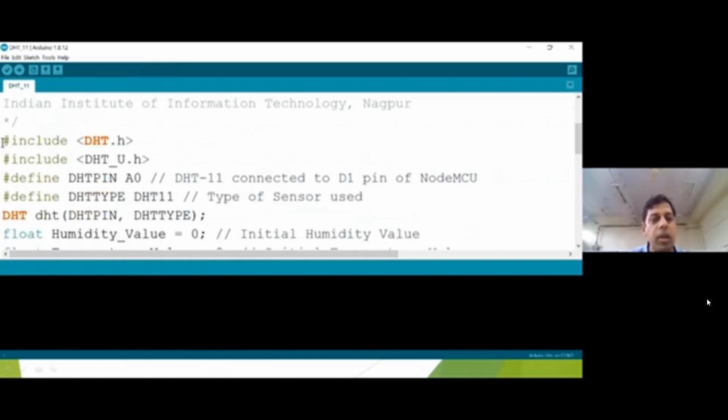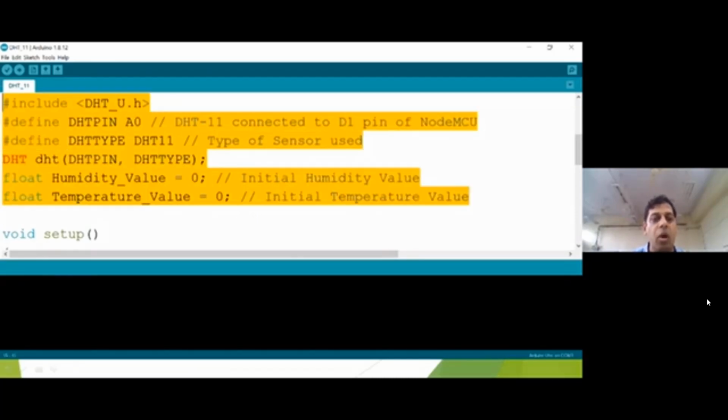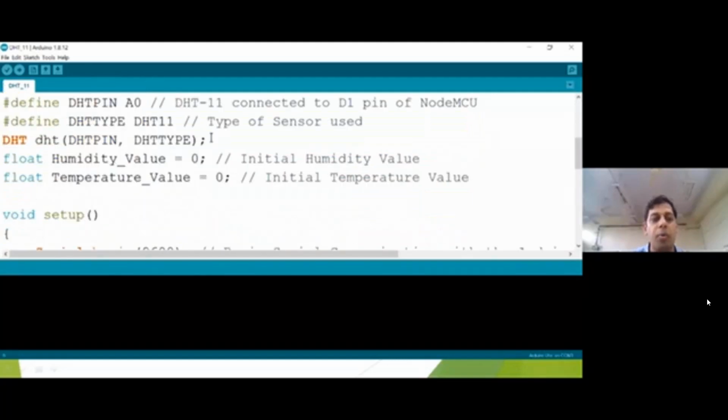Here I include the DHT header file. We already defined the DHT pin, the pin that will give the data, which is the A0 pin. So it is connected to my board at the A0 pin, right? These are the two variables: one for the humidity value and one for the temperature value. These are globally defined and I call the related library in the program.